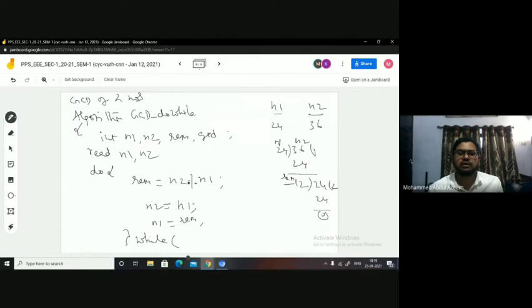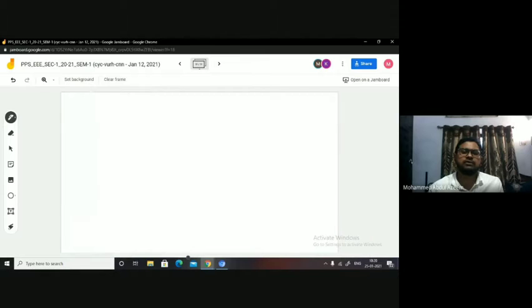Until remainder is not equal to 0. Okay. Then where do you get the result? You get the result in n2, right? Then print GCD. Okay. Then end the algorithm. You can put the brace, you can say the brace also. End of algorithm.